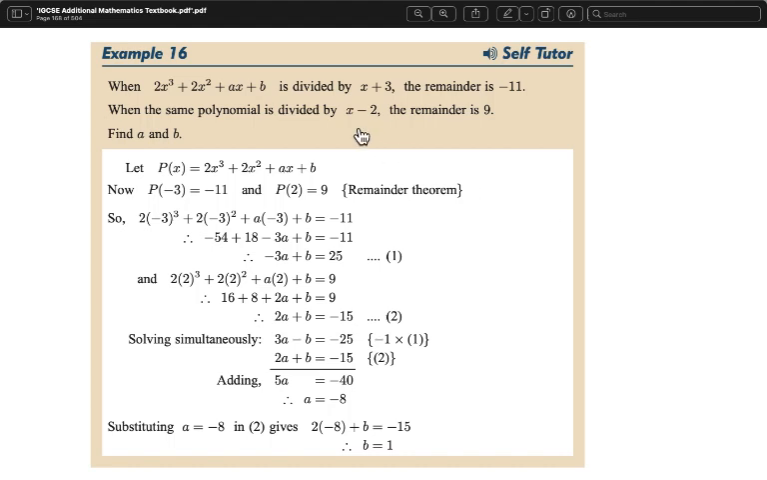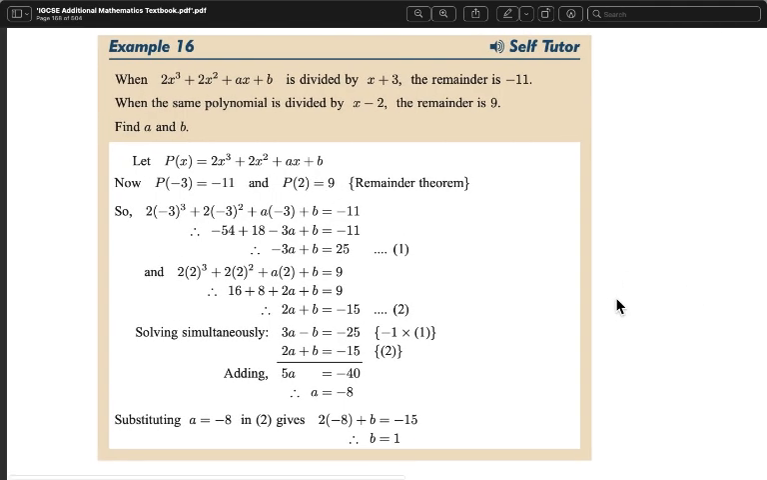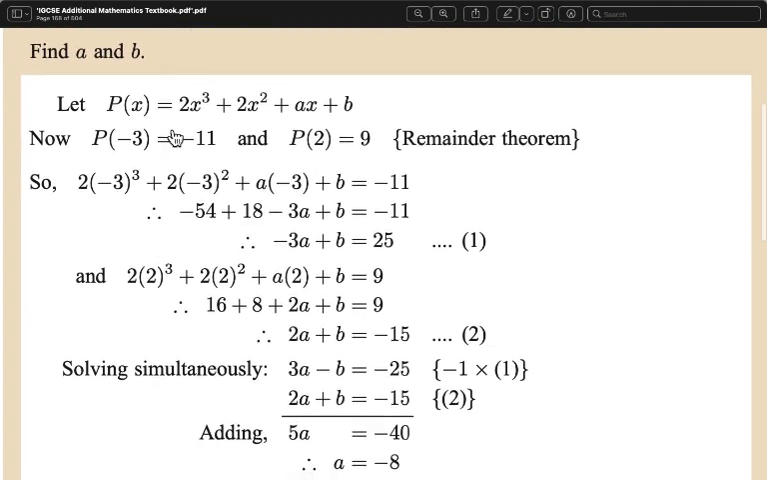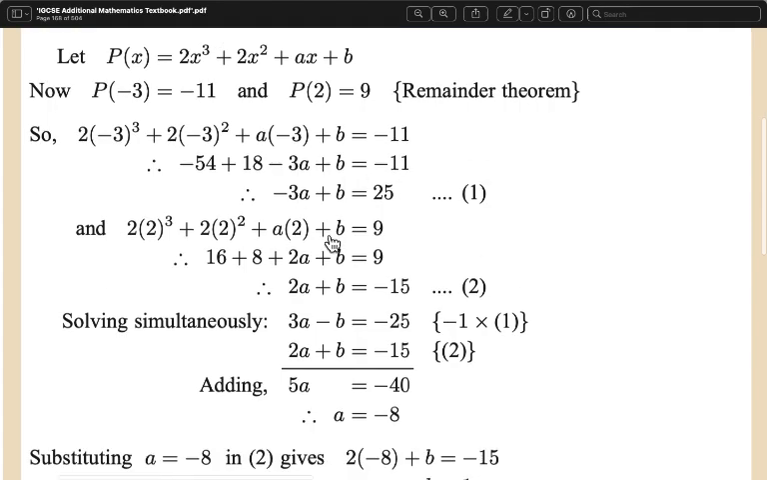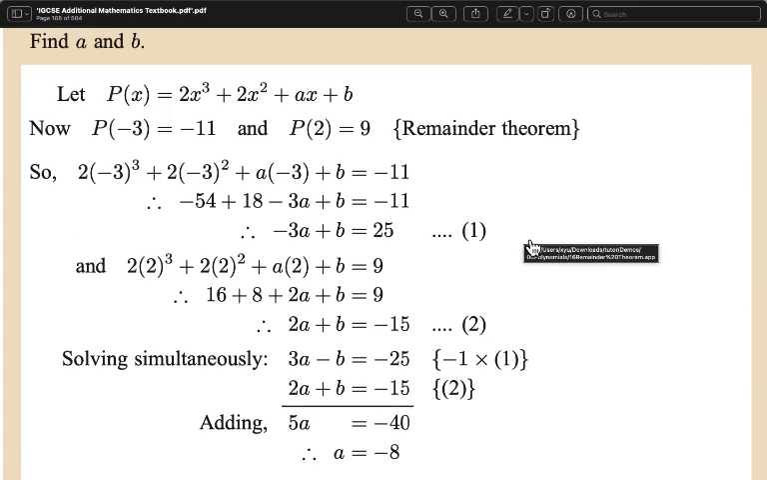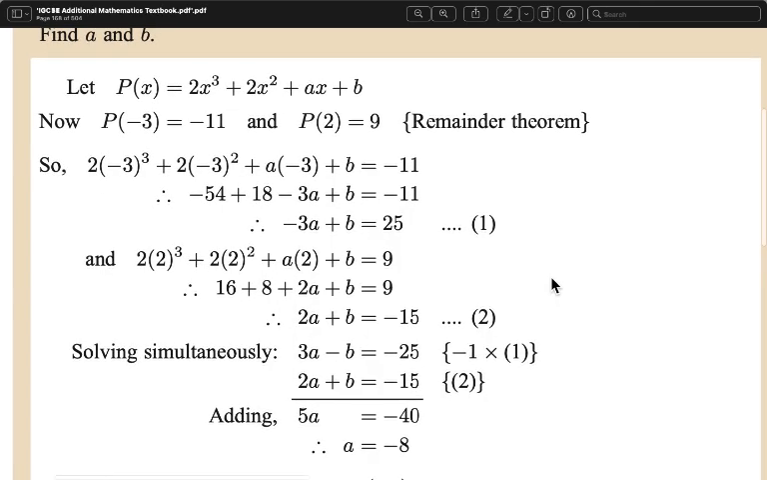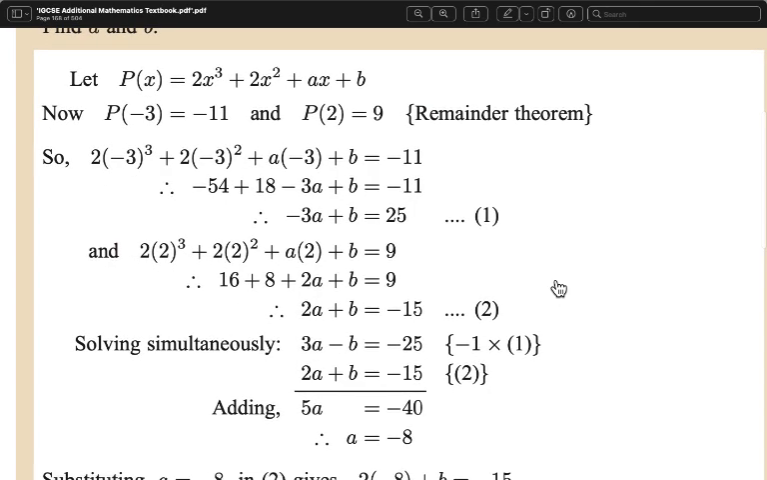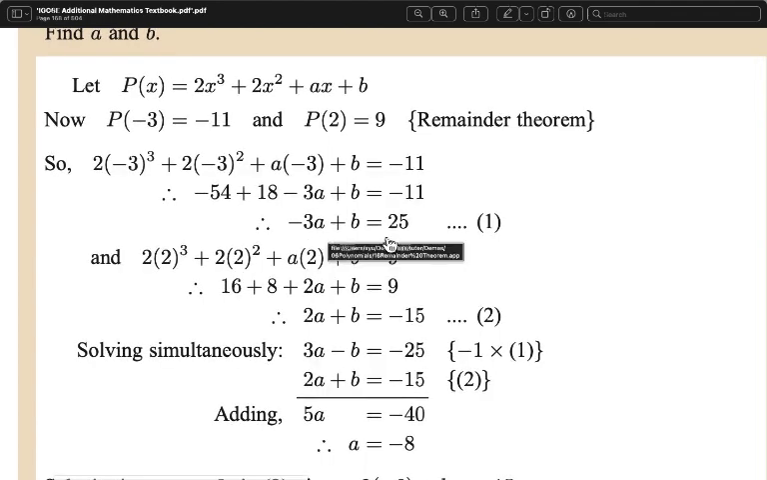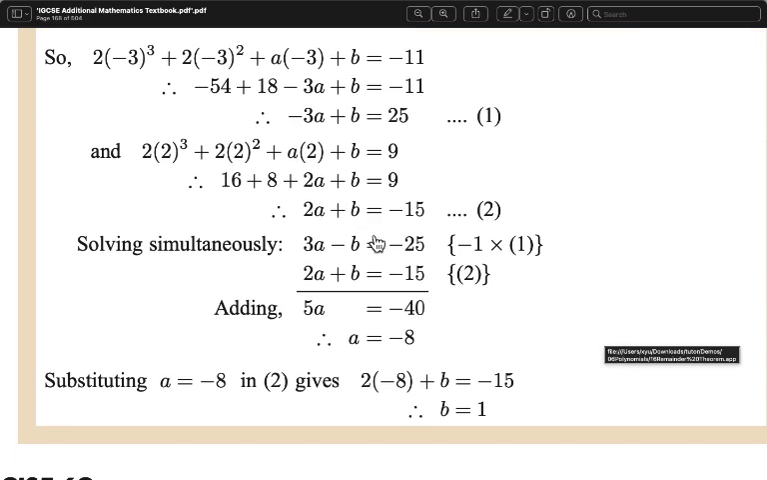And when inputting the value of 2 inside this equation, you're going to get 9 as the final answer according to the remainder theorem. Therefore, you input the x value inside the polynomial, and then you will get two different equations. Minus 3a plus b equals 25, and 2a plus b is minus 15. Solving it simultaneously,